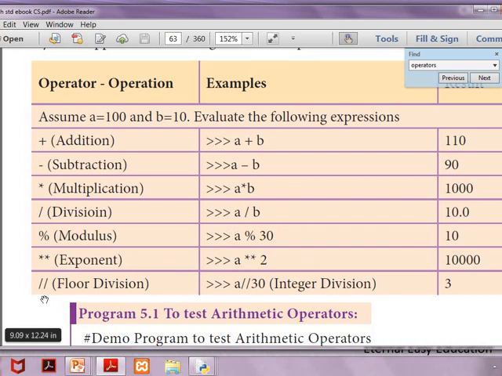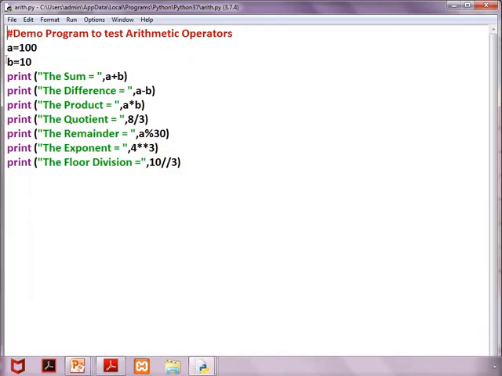Then double slash. It represents floor division. That means when a number is divided by another number, in the division we will get a float. But in the floor division we will receive the integer part. We will see this with an example. See this example. Here A value is 100, B value is 10.